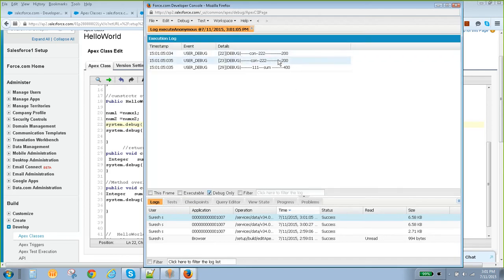So it is going to call the second constructor, and it is giving the summation as 400.